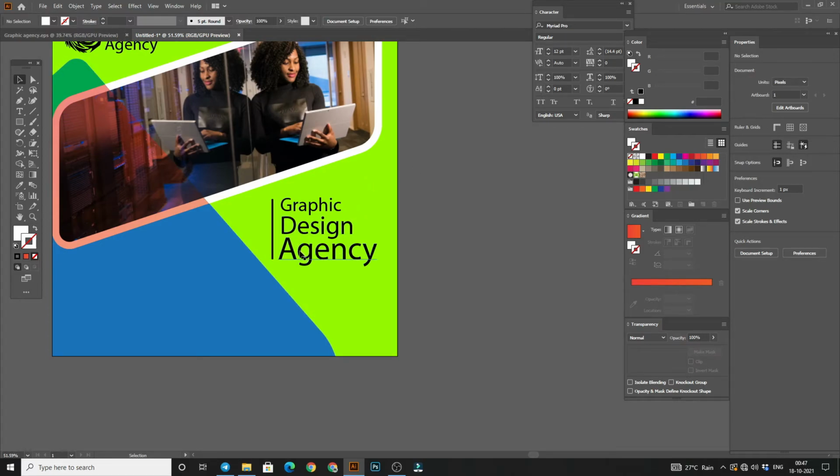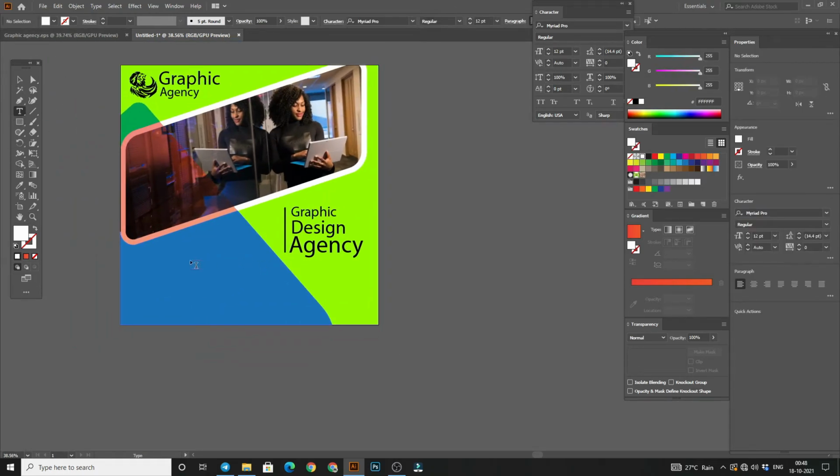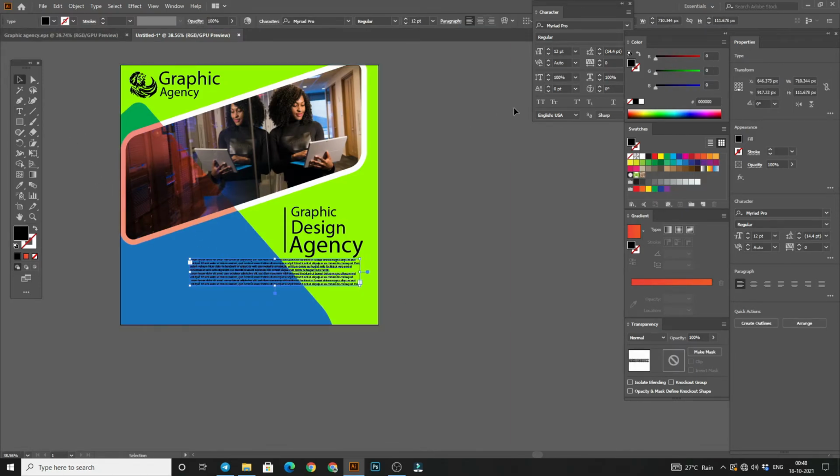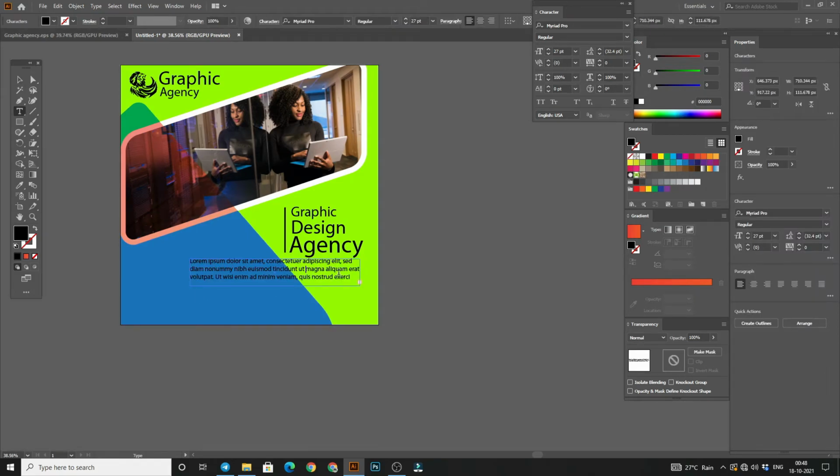Now we have to put our description here. So for the description we can make the text box here like this and increase the letters of it. I think it is quite good. Now select those letters and delete them. Make a copy and delete that text box.